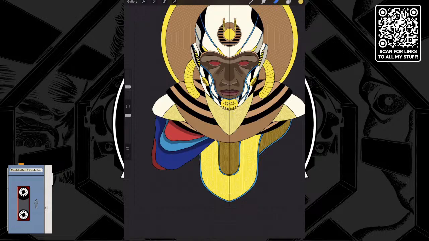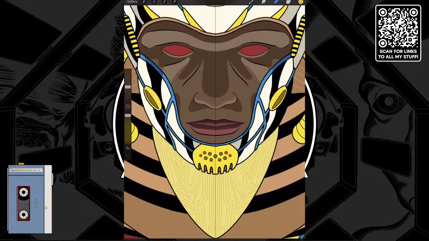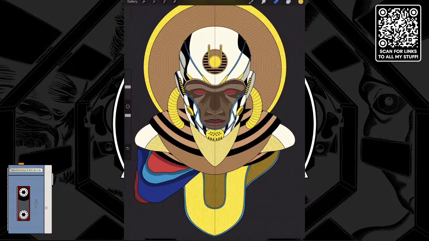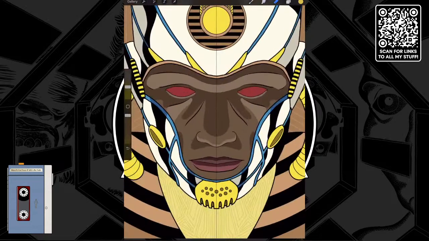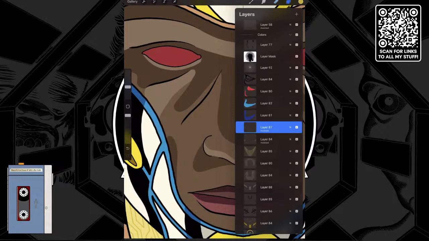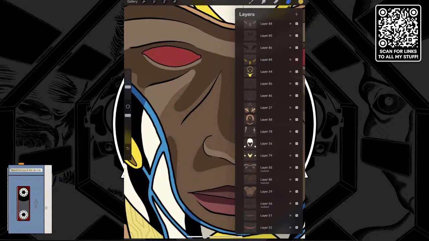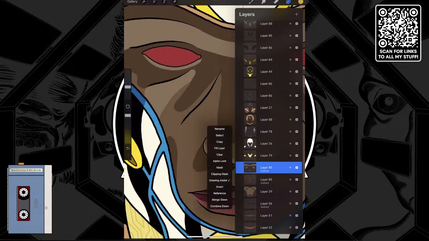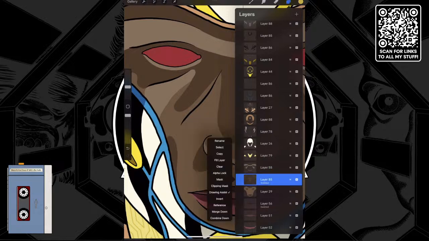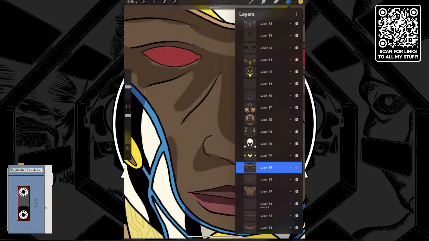Okay, so I was thinking about something, but I don't know if it's going to work. Everything else is working, but I was thinking about doing another layer of kind of shadow lines on the face. Because I've seen people do, and it's really good when it works, but I don't generally do it, is like multiple layers of shadows, like shadow layer upon shadow layer upon shadow layer. It's a neat idea. I like the idea of it. Like I said, I've just never done it.